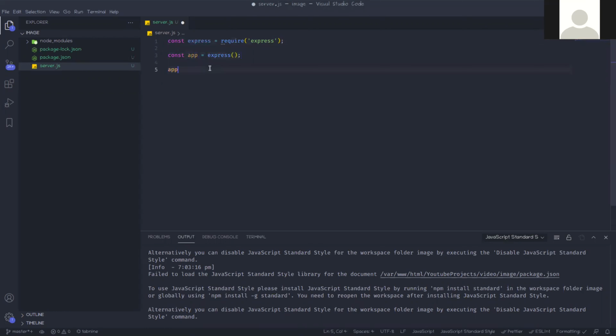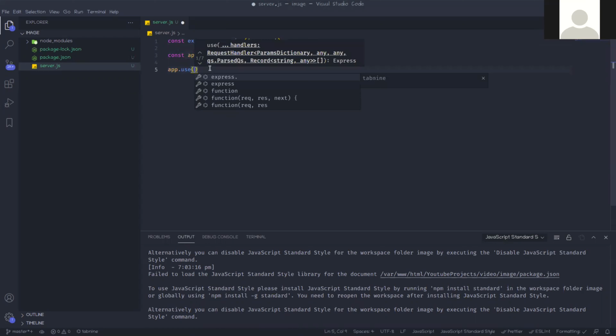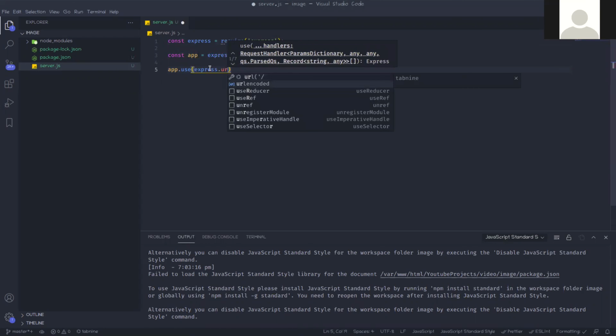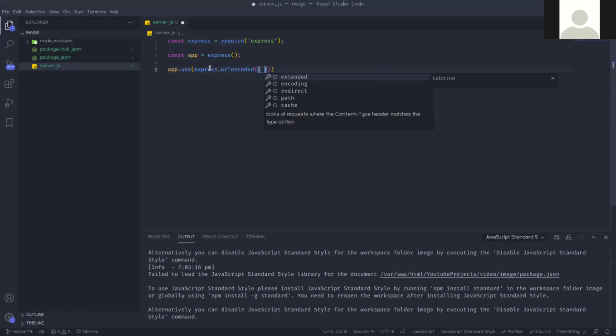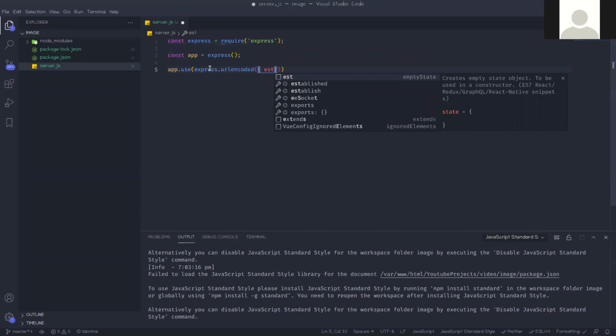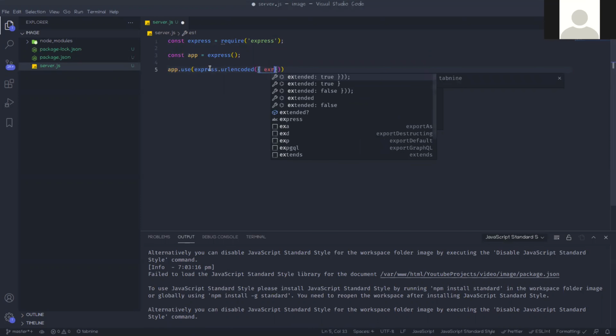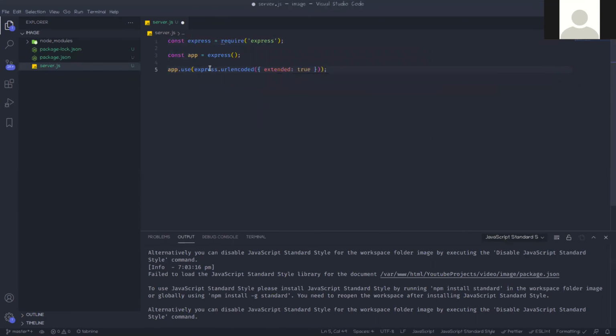Then we need to use app.use with Express URL encoded, and extended should be true. Why extended true? Because we are uploading multipart form data.